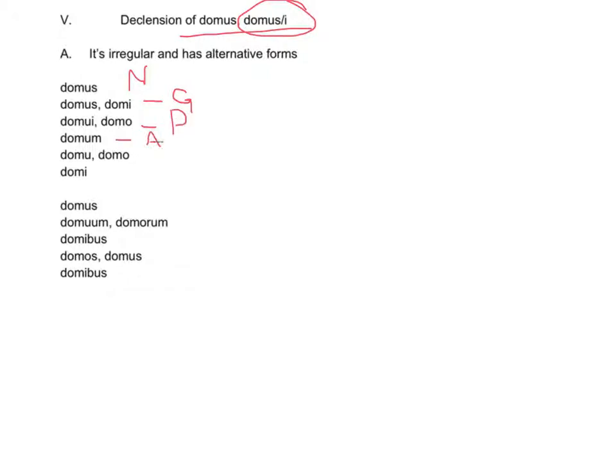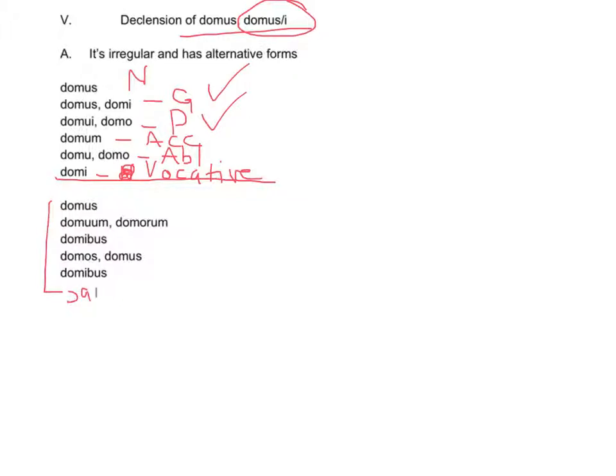Dative, accusative. Dative has two forms. Genitive has two forms. You wouldn't write both of them if you were writing a letter to someone or writing a speech. You would just pick one or the other. But it's inconsistent throughout our sources, so it's difficult to know which form you used. Here's the vocative down here. I usually don't teach the vocative, and I don't expect you to know it, but I put it there for the sake of completeness. Down here, the vocative would be the same as the nominative,